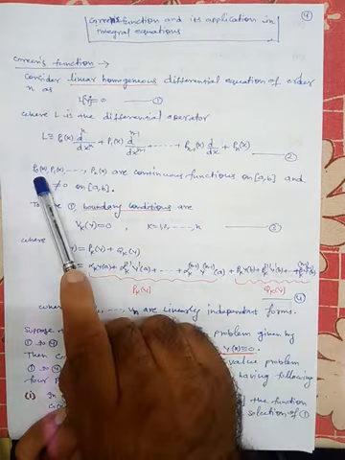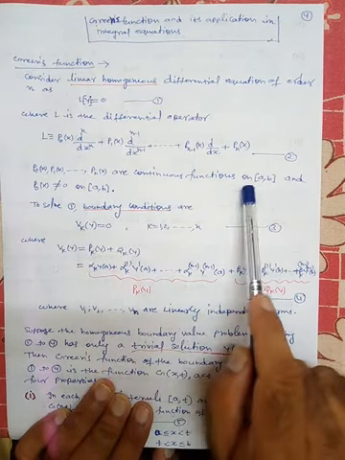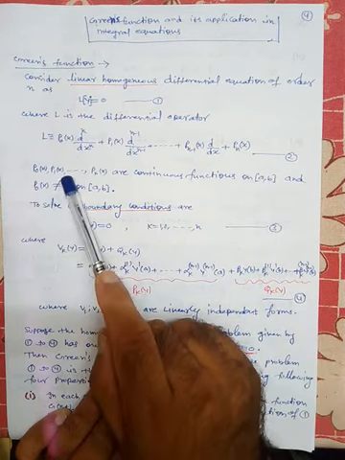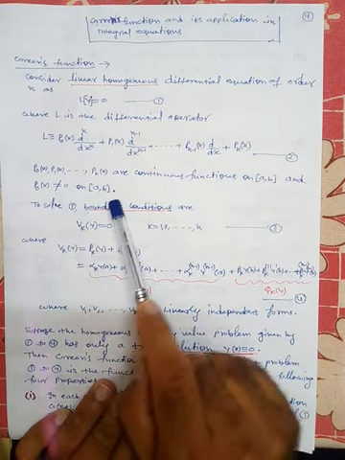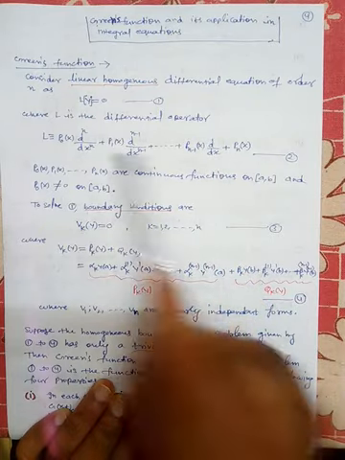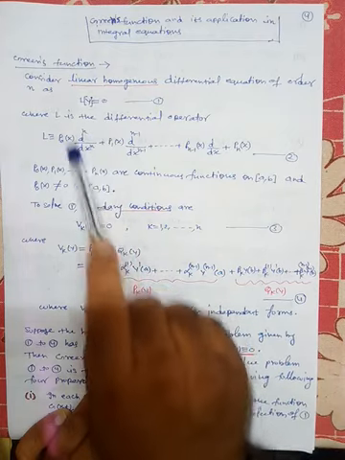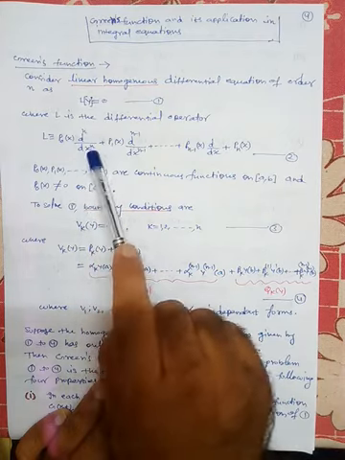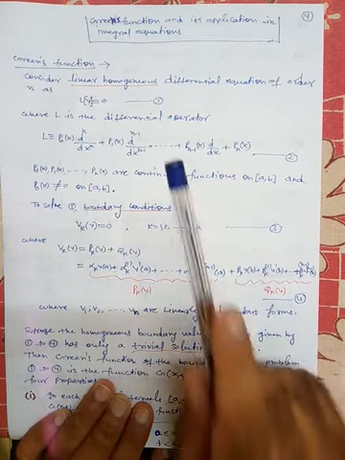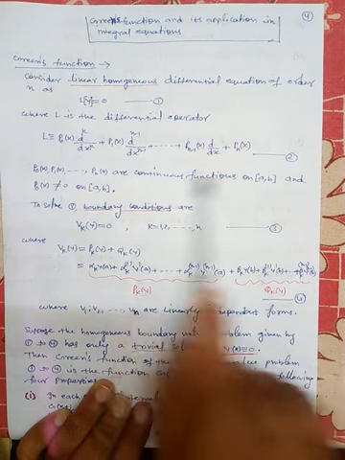Here P0, P1, Pn-1 and Pn all are continuous functions on the closed interval [a, b], and essentially P0(x) is not equal to 0 on the closed interval [a, b]. Now to solve this differential equation, this is an nth order differential equation because the highest order derivative in the operator is nth order. So to solve this boundary value problem, you need n boundary conditions.